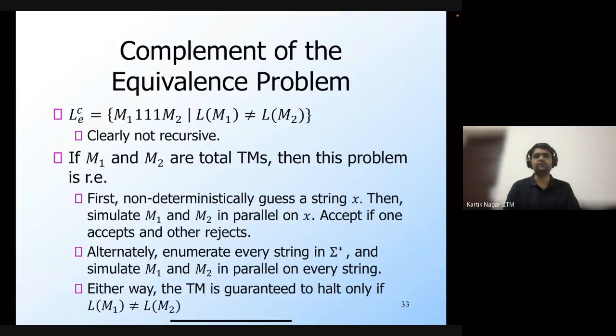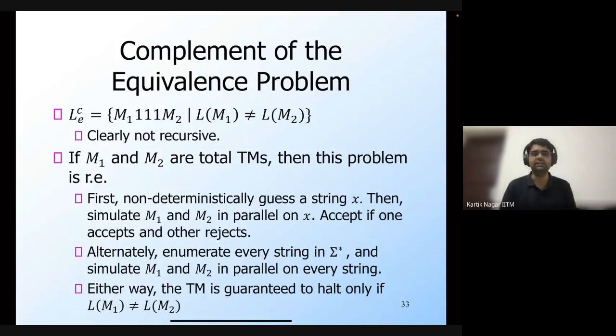In particular, if M1 and M2 are both total Turing machines, meaning they are both algorithms guaranteed to halt on every input, then this problem is actually recursively enumerable, in the sense that you can come up with another Turing machine which will take this M1 and M2, and if M1 and M2 are total, it will be able to determine whether or not L of M1 is not equal to L of M2. It is guaranteed to halt